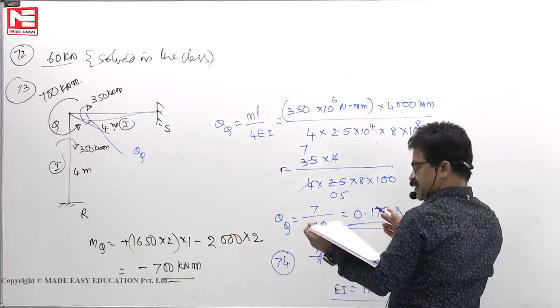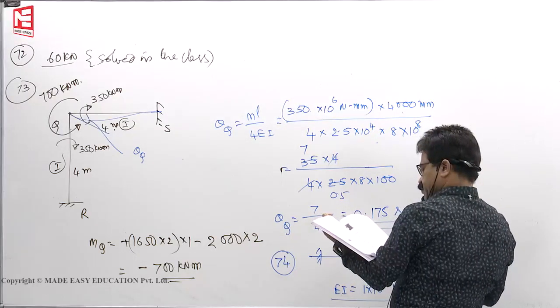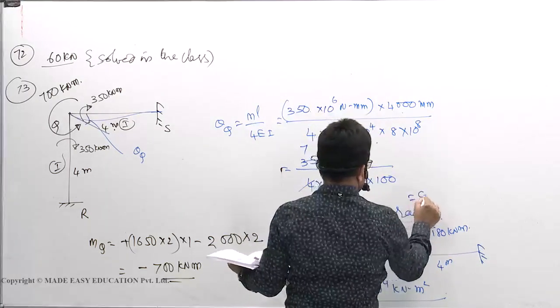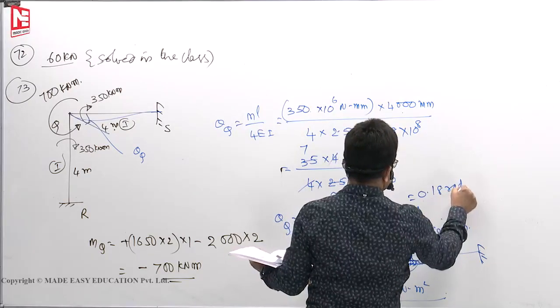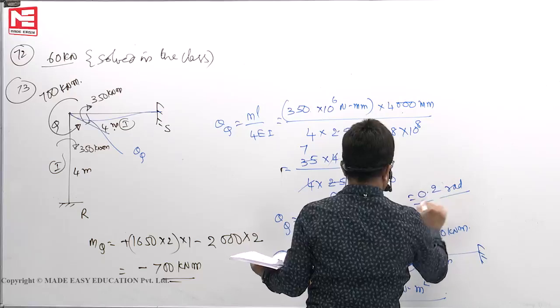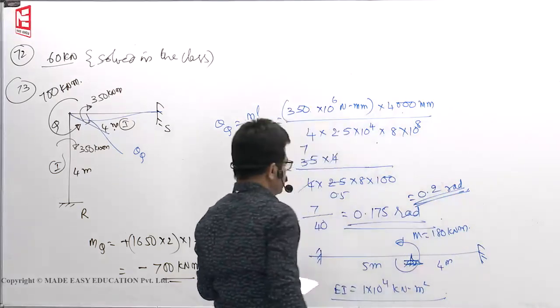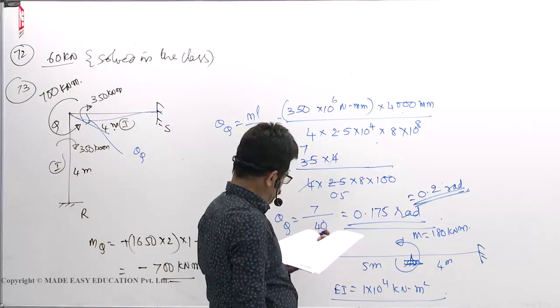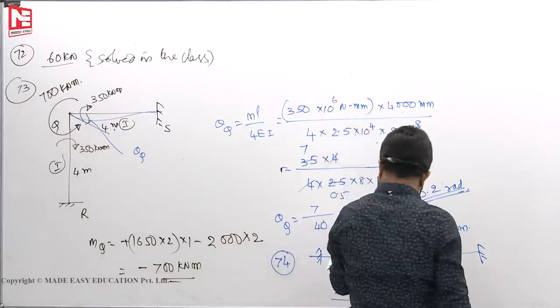If it were up to 1 decimal place, theta Q, you would have to write 0.18 radian as 0.2 radian. Theta Q is 0.2 radian. Here, 2 decimal places are asked, so you will get,